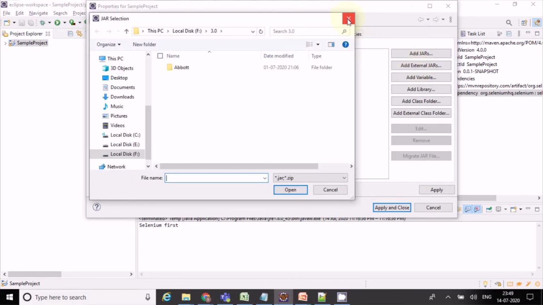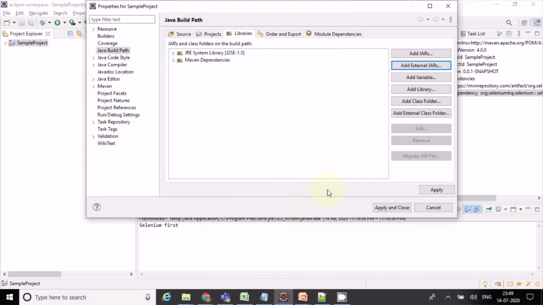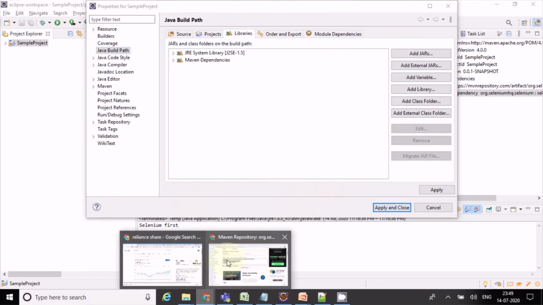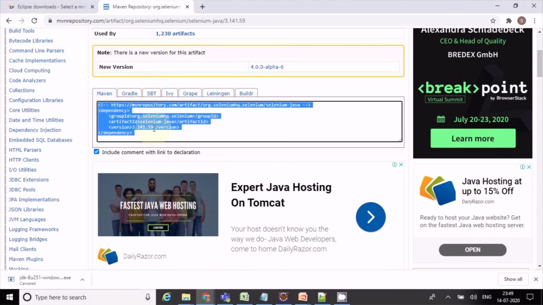Whatever manual jars we downloaded, we add them externally for any version. Suppose after some days, the current version we are using is 3.141.59, the Selenium Java version. Suppose in future there is a newer Selenium version.